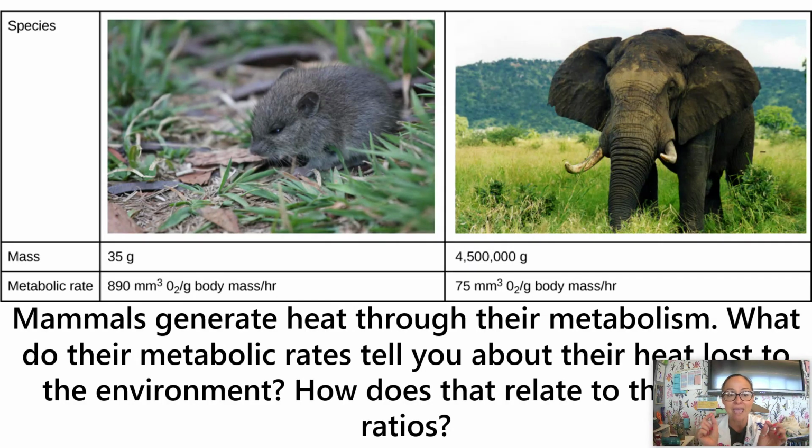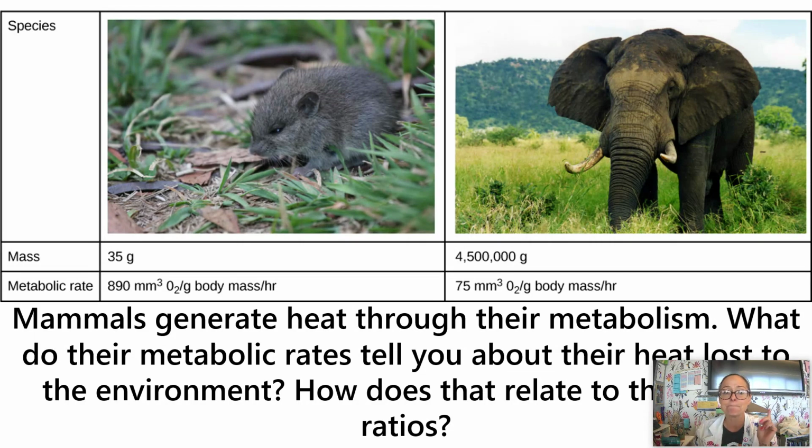So if we look at these two animals, here we have a little tiny shrew and we have an elephant, right? So if we take their surface area divided by their volume, the little tiny rodent is going to have a higher surface area to volume ratio. And then the elephant is going to have a lower surface area to volume ratio. So as both of these warm-blooded mammals generate heat with their mitochondria, the shrew has more surface area in comparison to its volume, where it's going to have heat loss to its environment, which means its mitochondria are going to have to work harder to generate the heat that's being lost to the environment,